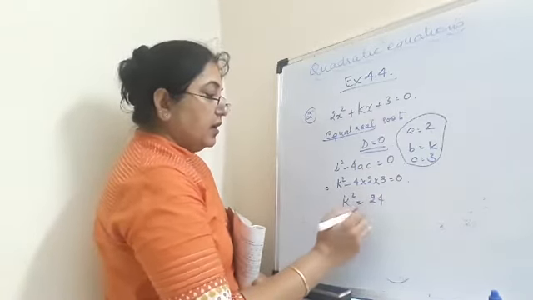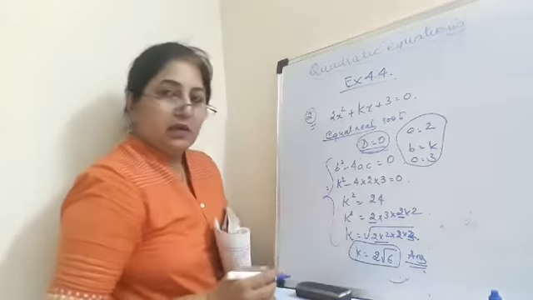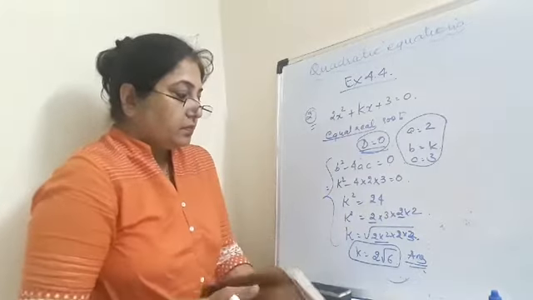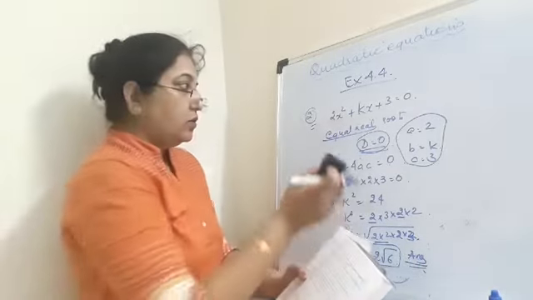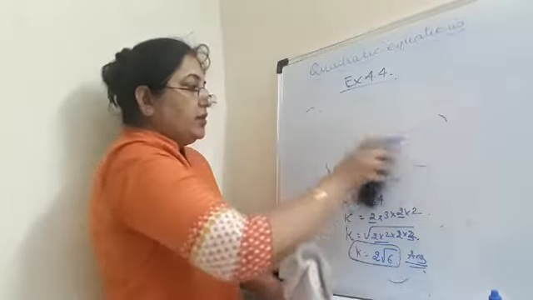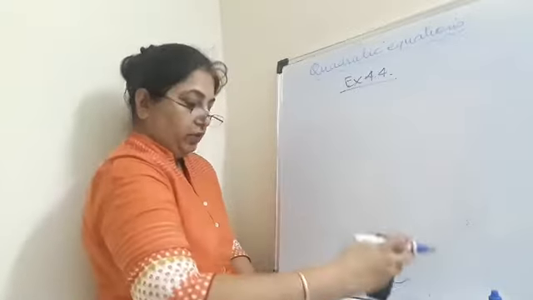Okay, so this is how we find the value of k, by equating the discriminant equal to 0, because the given quadratic equation has two equal real roots. This is question number 2 and I hope this method is clear to you, right? Now there are 3 word problems. I'll take up those also quickly. I'll give you the equations and you will find out whether the condition is possible or not.